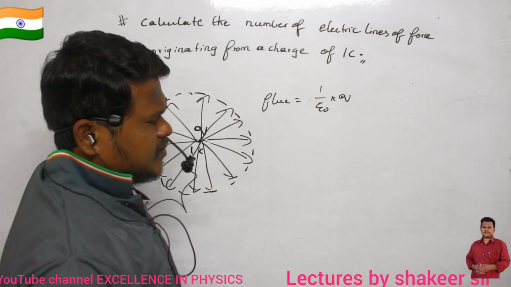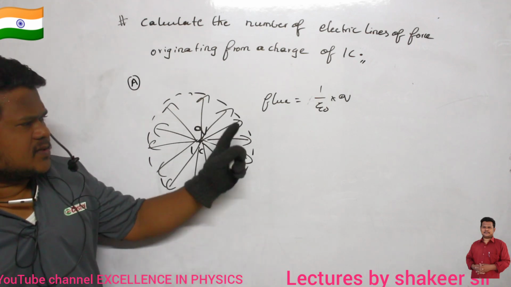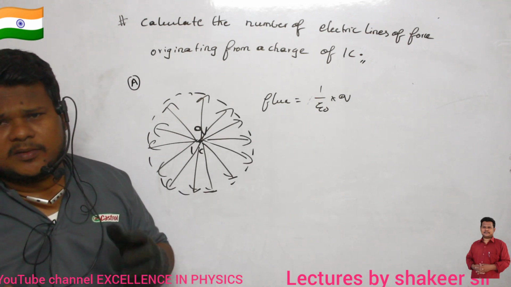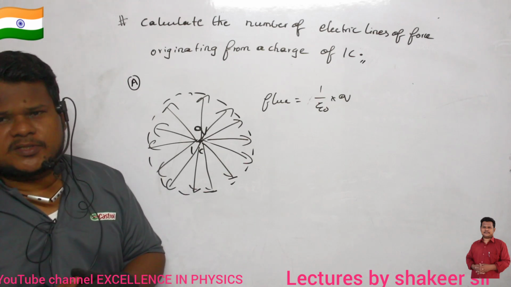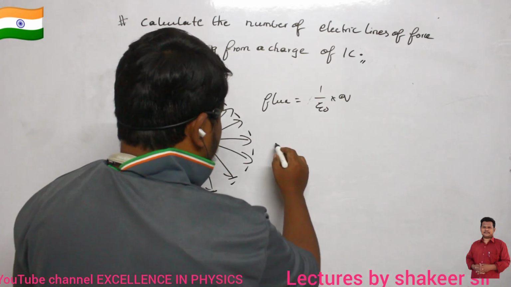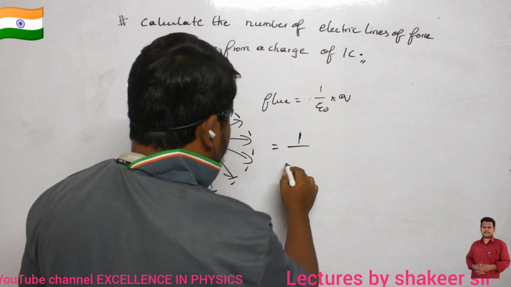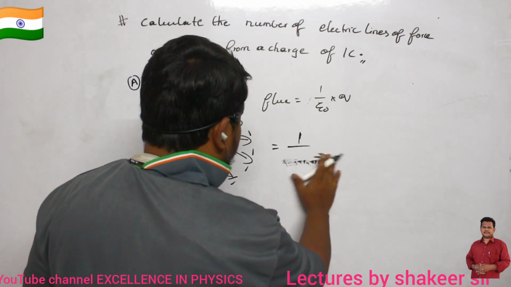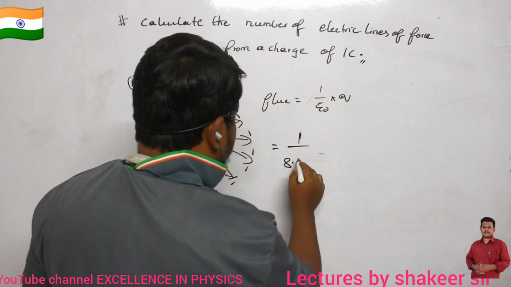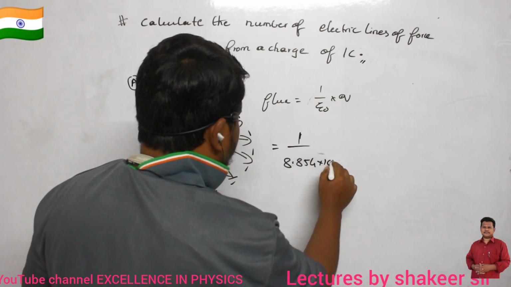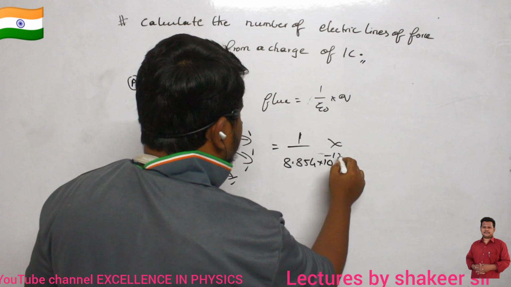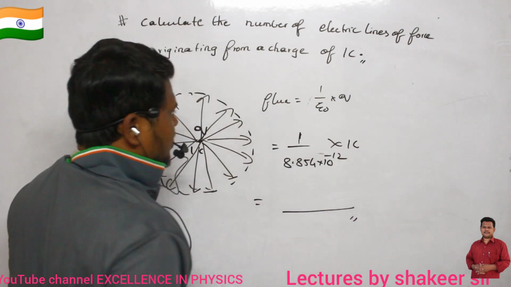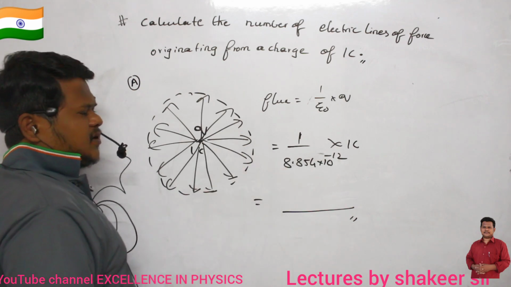This is Gauss law, no? We have already discussed this one. So the flux which is coming out of a Gaussian surface is 1 by epsilon naught times the charge enclosed by that Gaussian surface. So therefore, 1 by epsilon naught. Epsilon naught value is how much? 8.854 into 10 power minus 12. Clear, ma? So 8.854 into 10 power minus 12 multiplied by the charge, which is how much? 1 coulomb of charge. Clear? So if you calculate this one, I will get the value of flux.